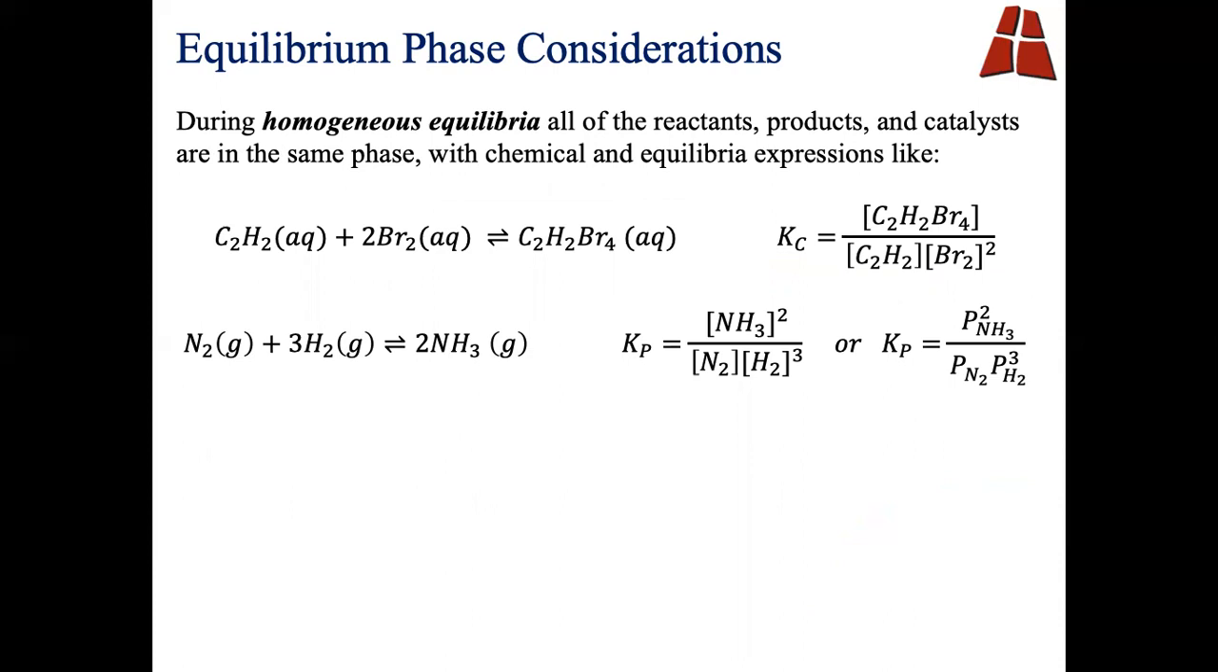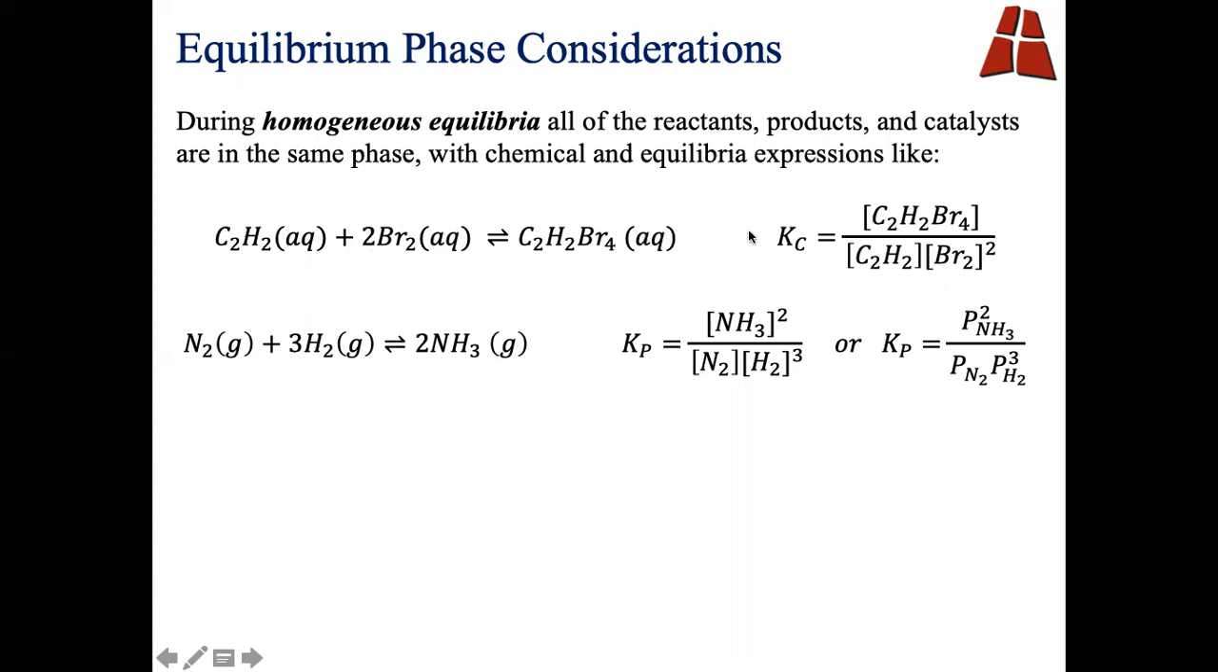And so there's a little bit more to talk about here before we call it a video, and what I want to talk about now is how we would consider homogeneous equilibria. These are equilibria where all of our reactants, products, catalysts, anything else are in the same phase. Okay, and so for expressions like this, say we had the C2H2 plus 2Br2 yielding C2H2Br4, all in aqueous solution,